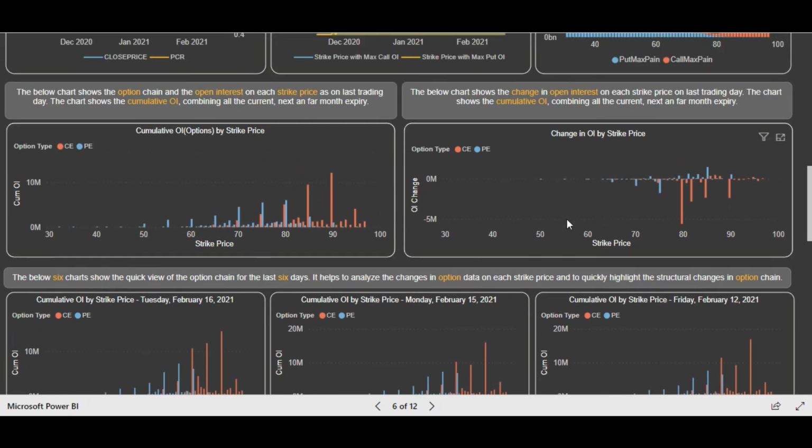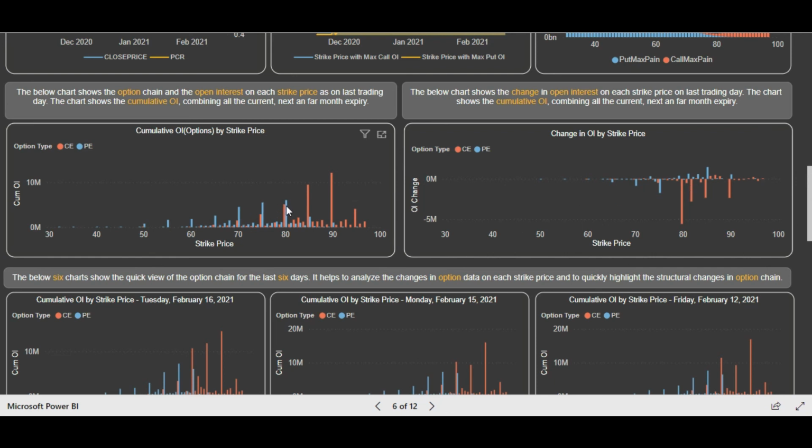So you see that the stock gave a breakout from that range, and now you see massive call unwinding at 80 levels, 82 levels and 84 levels. I chose this stock so as to give you an indication that this stock has broken a range and this can go even higher. So you can take this prospect, but obviously you have to analyze the data on a daily basis and how the data is changing, and obviously you have to keep the stop losses tight so that, by any chance, you always hedge your position. So we always recommend to hedge your positions at any point of time, right?